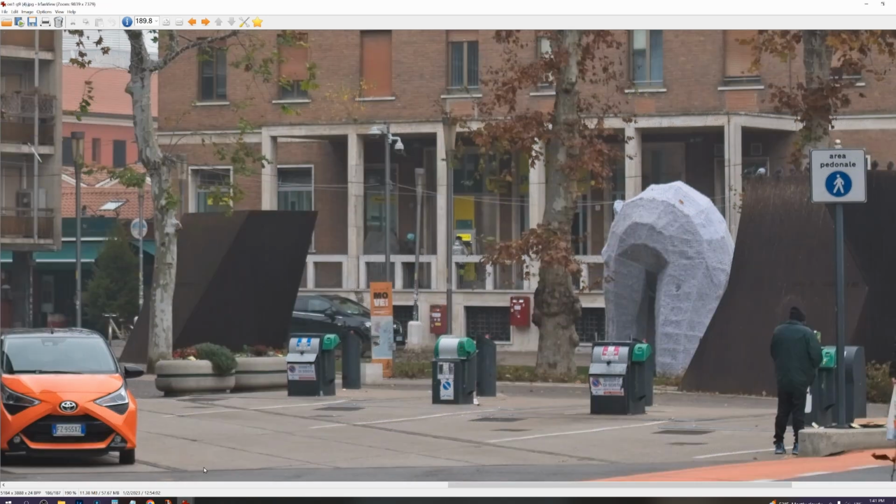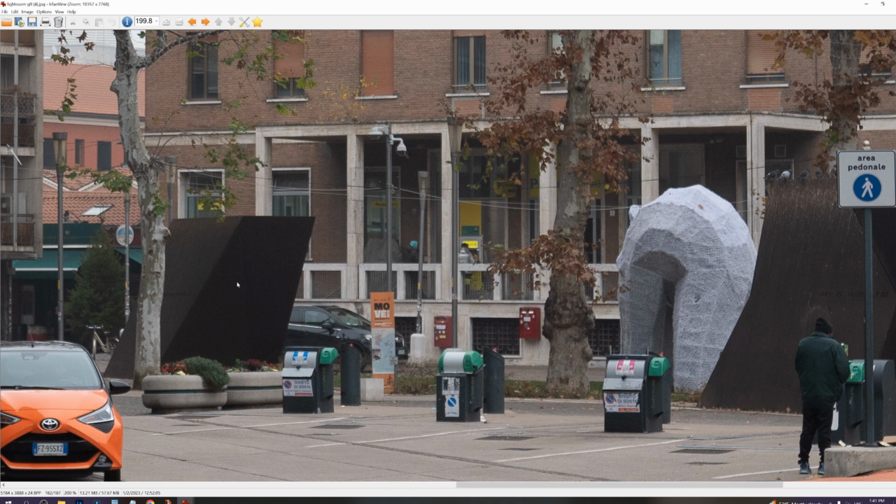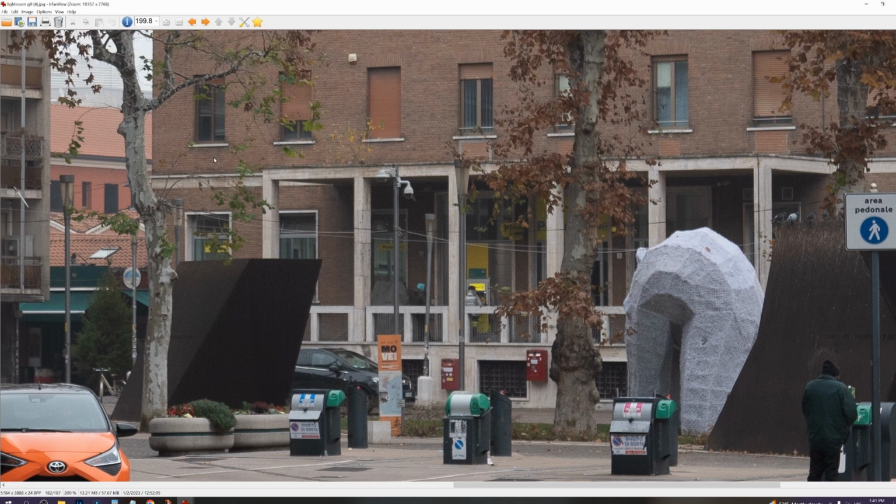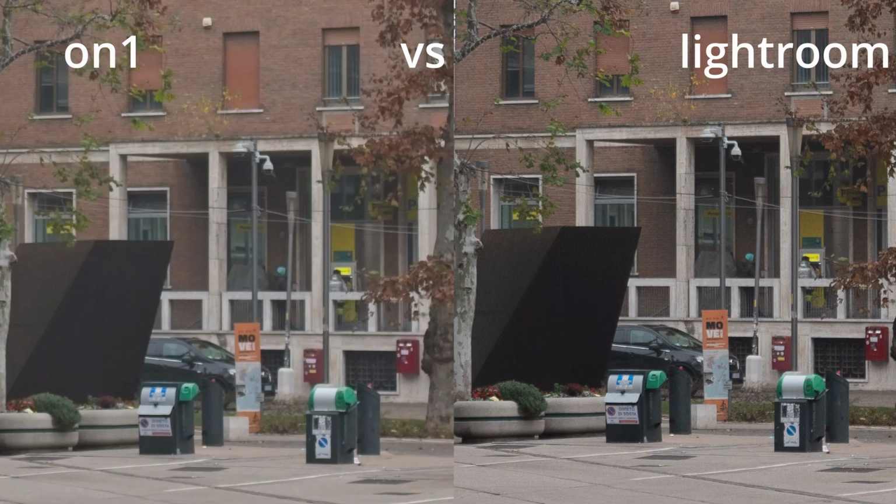Contrast, more contrasty, more detail in the brick wall. You can see the pattern here in the On1 file. You don't even see the pattern on the wall. And I think this is the picture that I actually tried to make it look like Lightroom, or maybe not this one, but